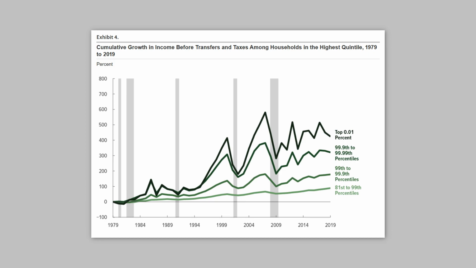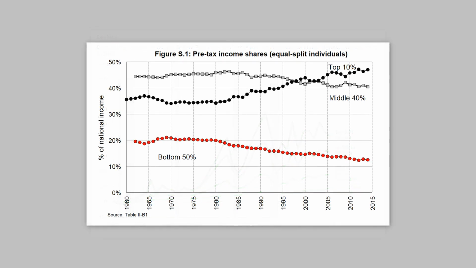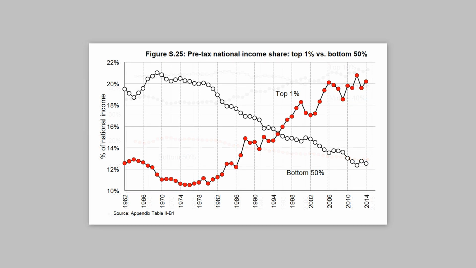Finally, looking at the data from PSC, here is how things have changed. The bottom 50% income share has declined from around 20% in 1979 to around 14% in 2019. The middle 40% has gone from 45 to 41%, while the top 10% has gone from 34 to 46%. The top 1% increased from about 11 to 19%. The top 0.01% nearly tripled from 1.3 to 3.8%.